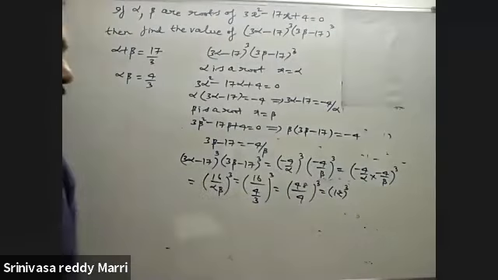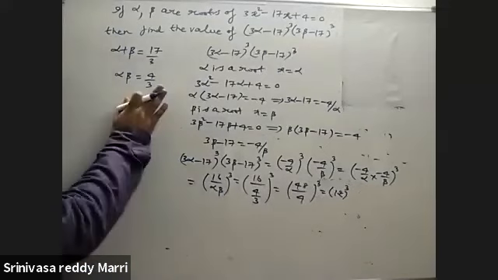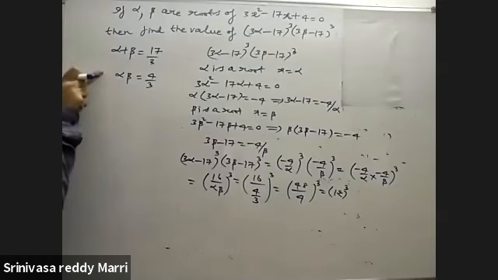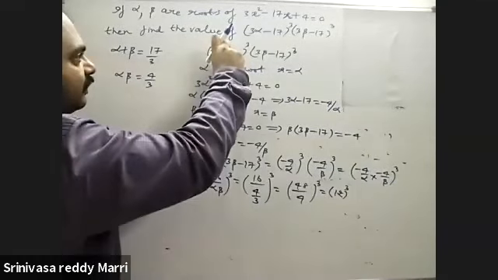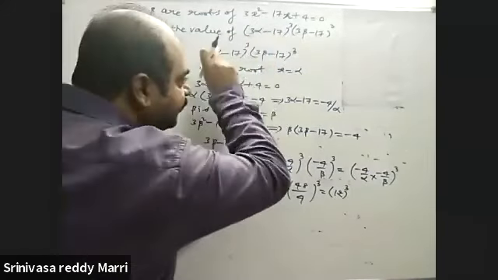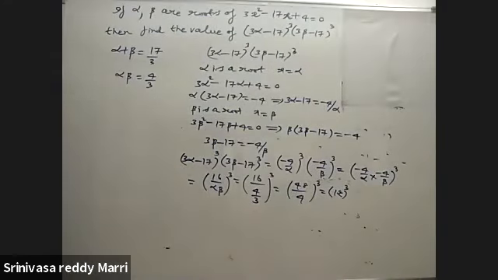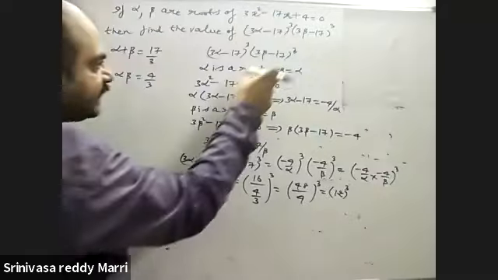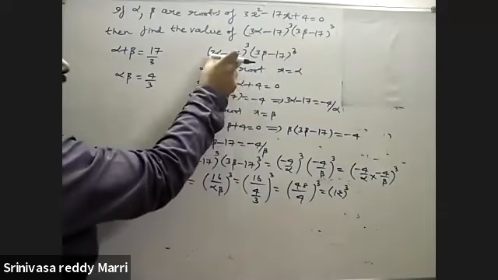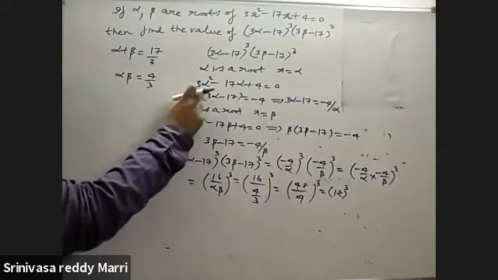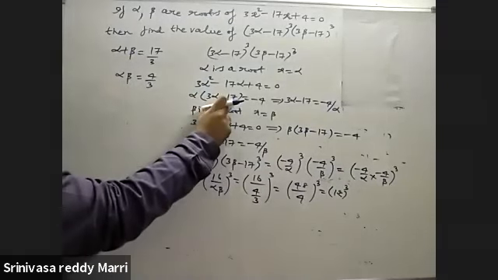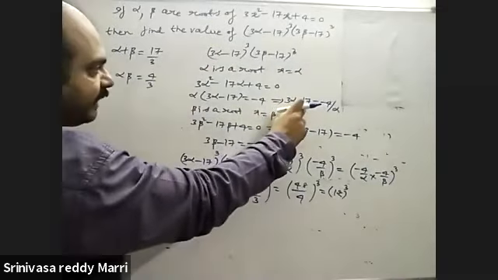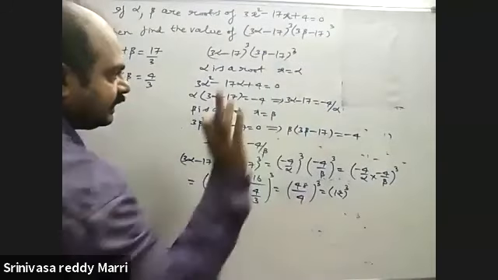Okay, I will explain once again. He is asking this value. Now you know these two values only. One approach will be writing a minus b whole cube and a minus b whole cube and then multiplying both, but that will be laborious. For these types of problems, as alpha is a root, substitute that. You will get one relation. From that relation you calculate 3 alpha minus 17. Take alpha common, this equals minus 4. So 3 alpha minus 17 is nothing but minus 4 divided by alpha.